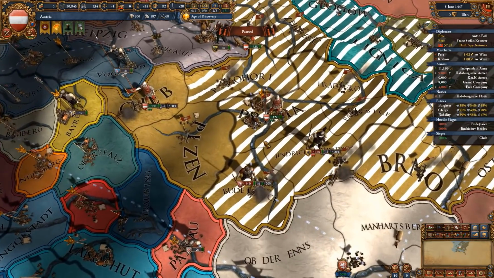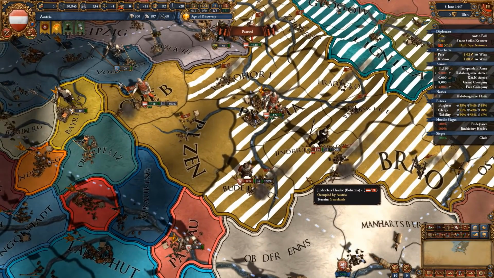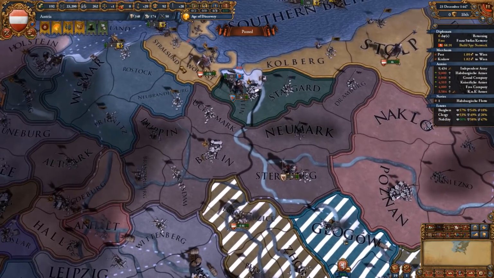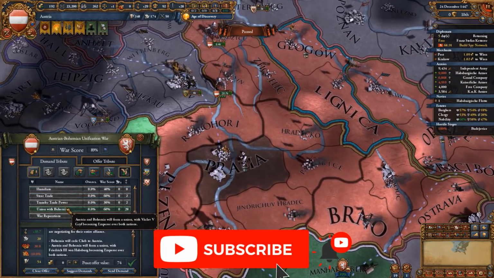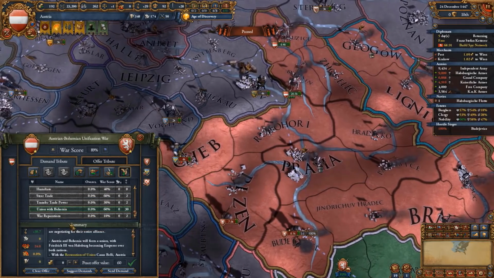Wiping out the armies is probably the best choice, however, since it prevents them from sieging down or unsieging the provinces that we sieged. After piecing out the allies of Bohemia, I can now finally do my peace deal with them. And of course, I am going to go for the unification option here, union with Bohemia, which only surprisingly costs